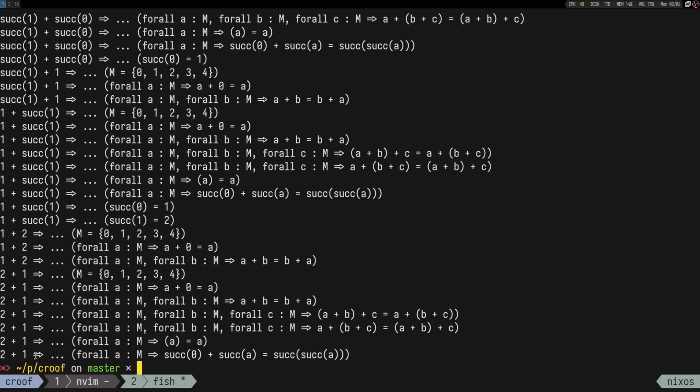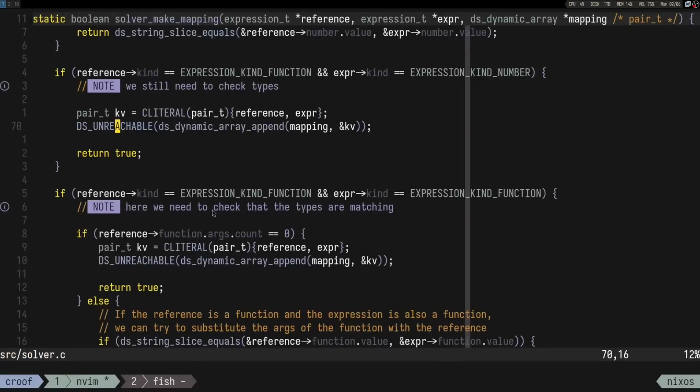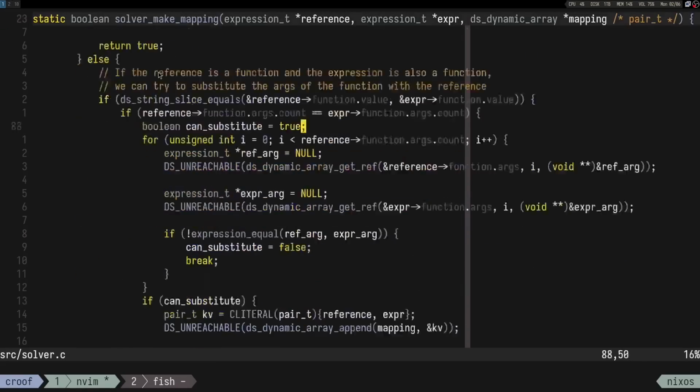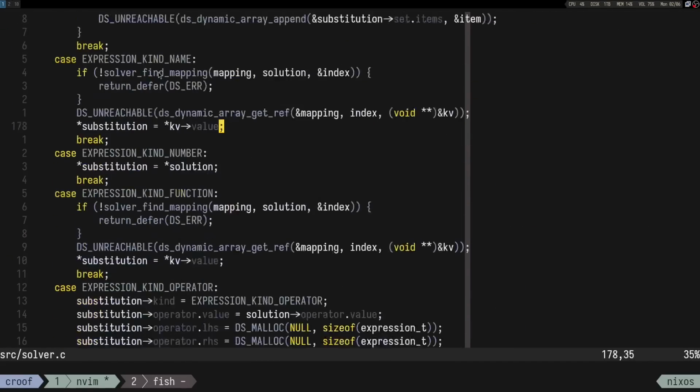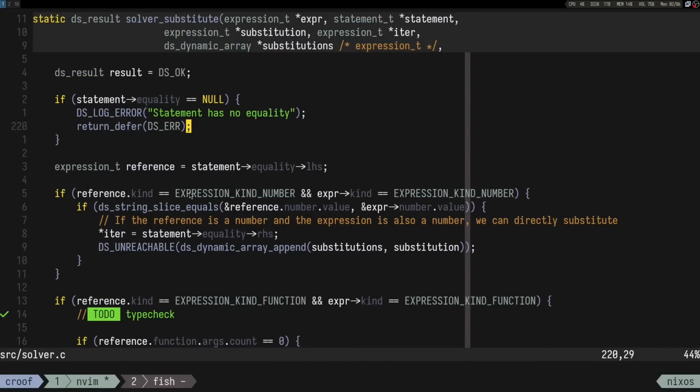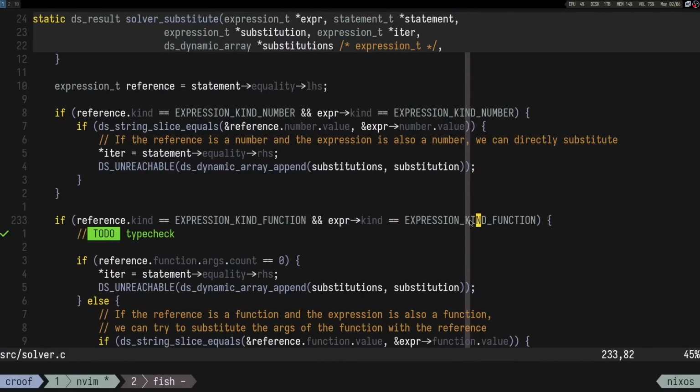And this time the expression is a number and this thing is a function. So function and number. I would say we have to copy paste again from substitute, which is that if we have a number and a function,